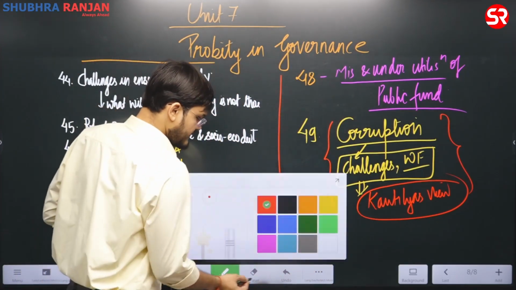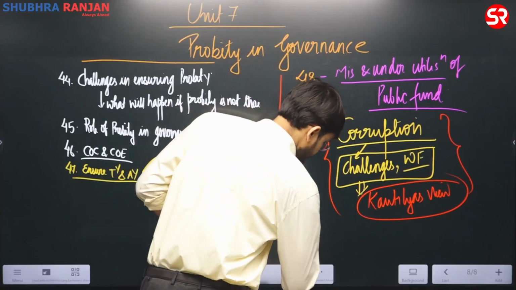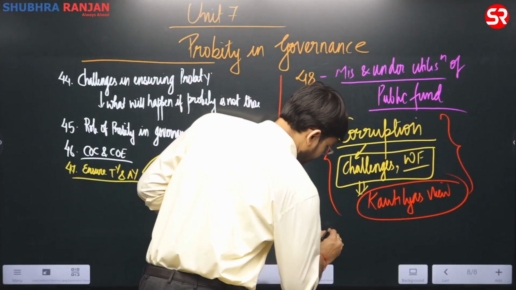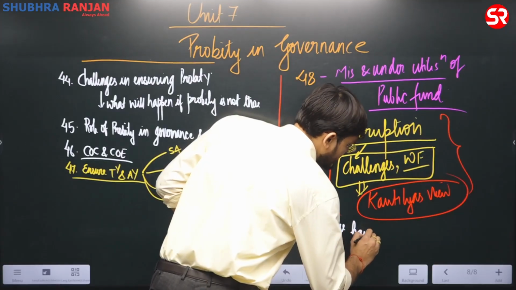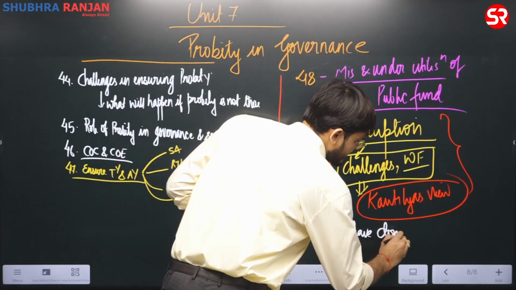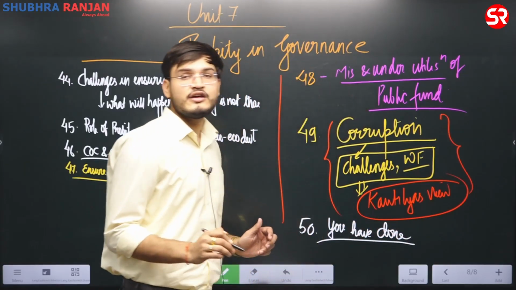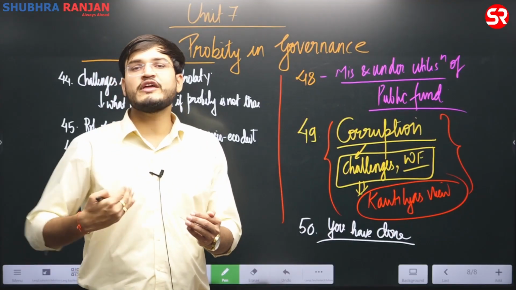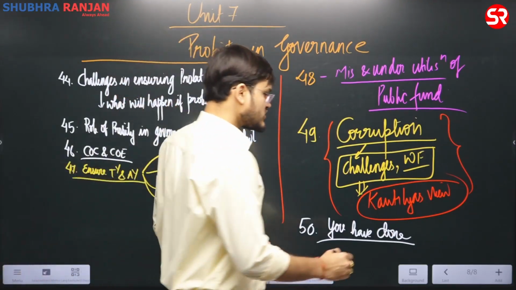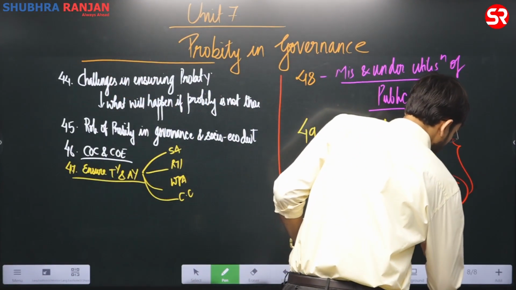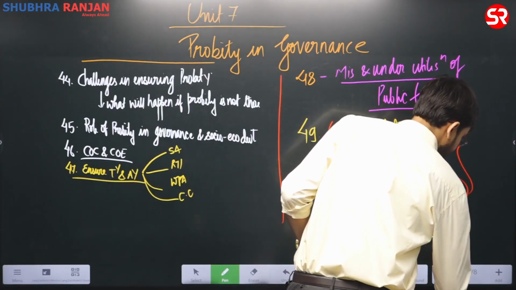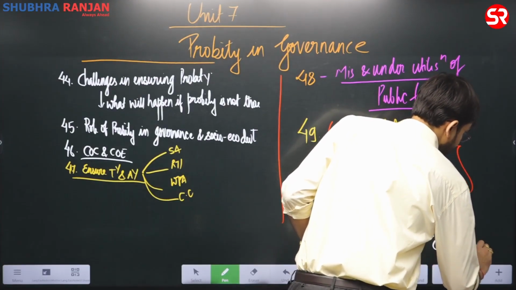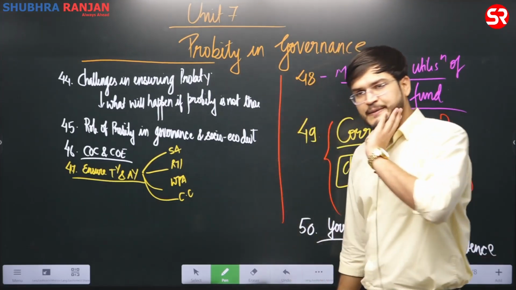And the last theme, the 50th theme, would be regarding what you have done. That is a very personal question to you. What you have done with respect to improving your ethics and values. Yes, with respect to ethical competence, improving your ethical competence. What steps you have taken? Yes, here they will be asking such type of questions.